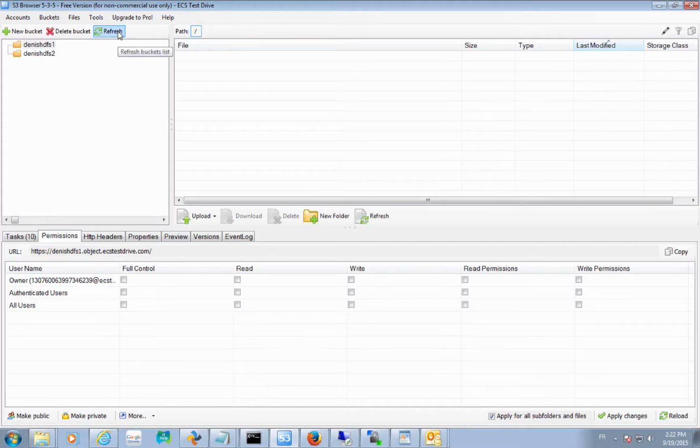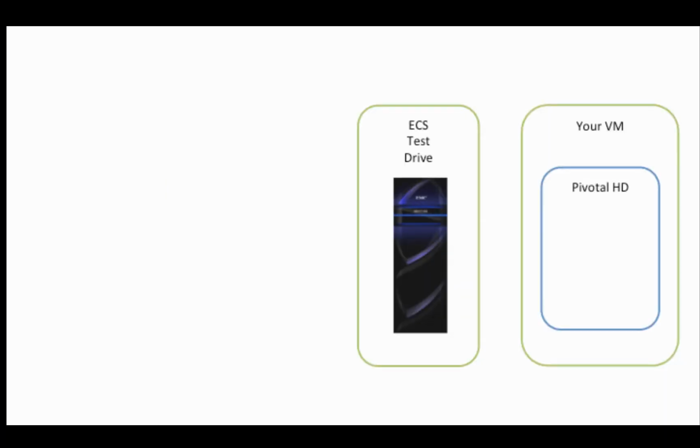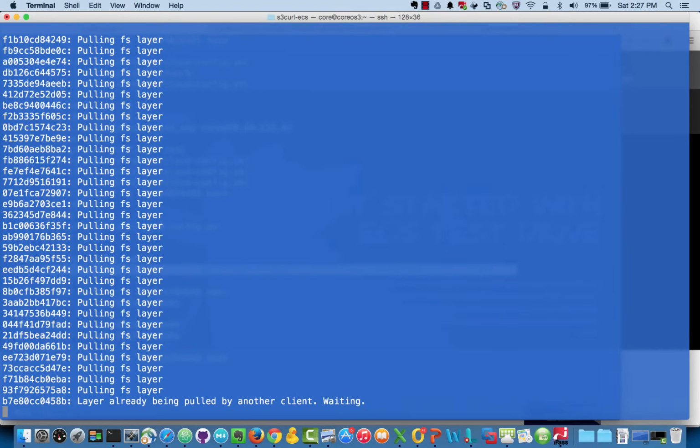You can now use S3 Browser to check the permissions. I've created a Docker container with everything you need to run a Pivotal HD 3.0 single node. So the next step is to launch this container.